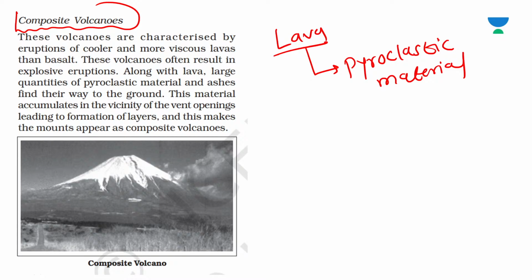And this material accumulates in the vicinity of the vent openings, leading to formation of layers, and this makes the mounts appear as composite volcanoes. To see the composite volcanoes,